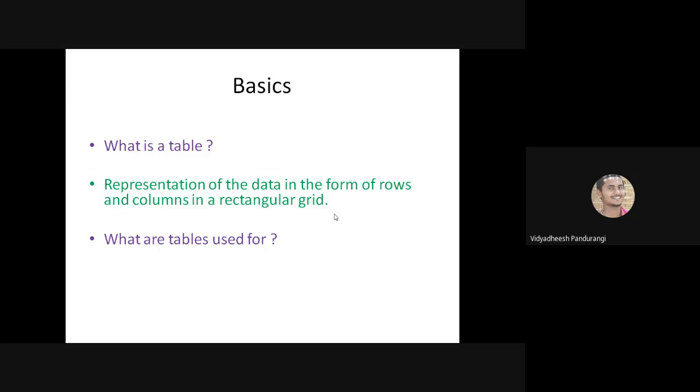In the previous answer, I have said about the data which I am going to represent using rows and columns, right? But what kind of data? I would like to know what kind of data we can represent using tables.